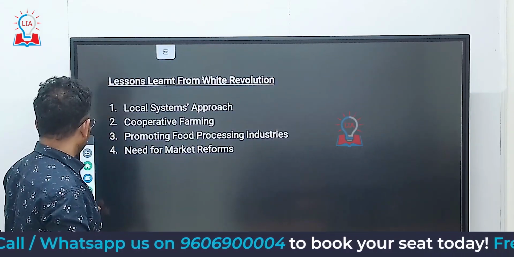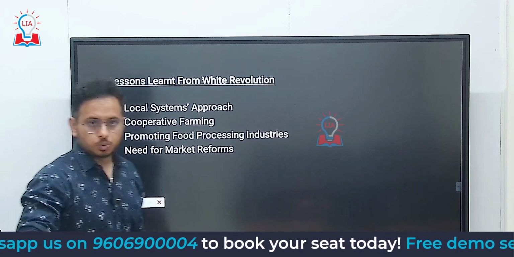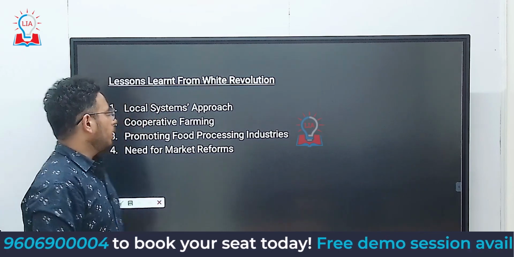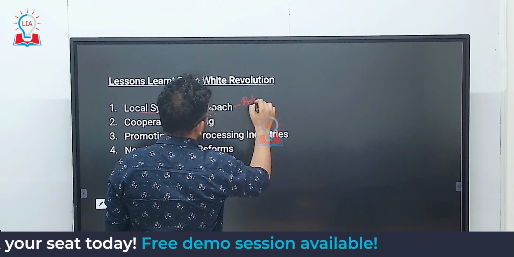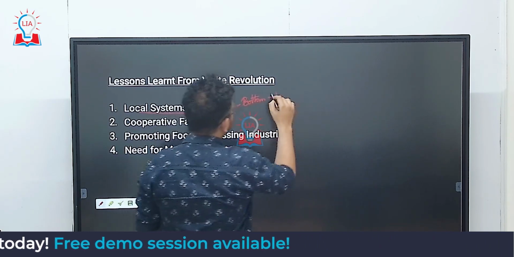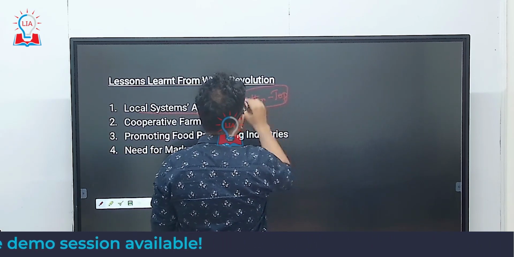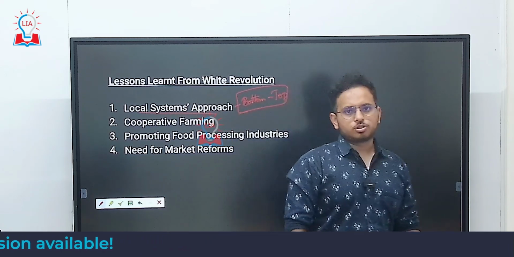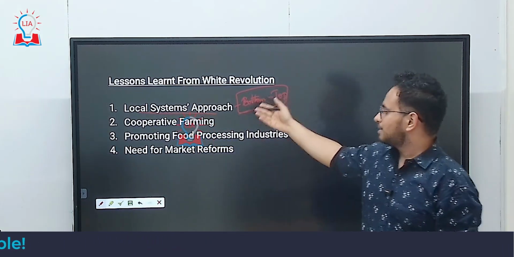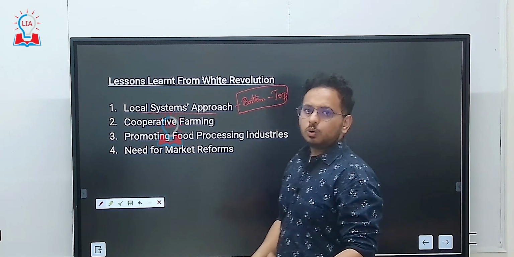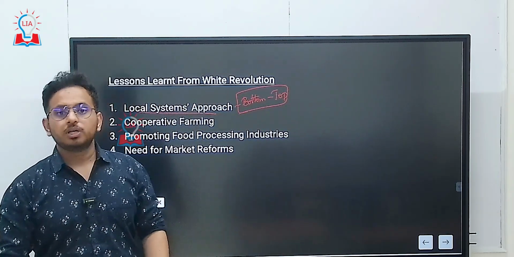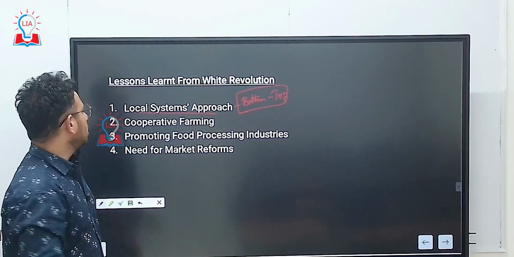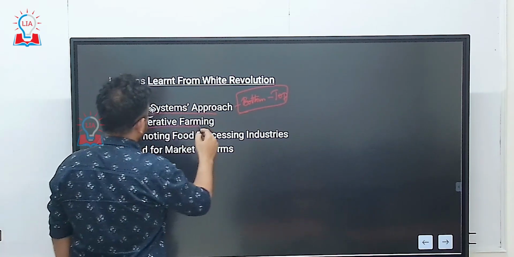Lessons from the white revolution. In order to solve these issues, what can we learn from white revolution? Local systems approach, that is bottom to top approach. Okay, local systems approach, nothing but in order to give more importance to the local self governments or local bodies. Cooperative farming,